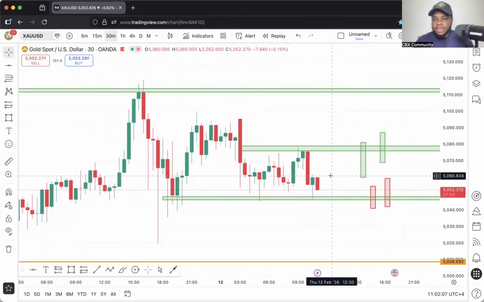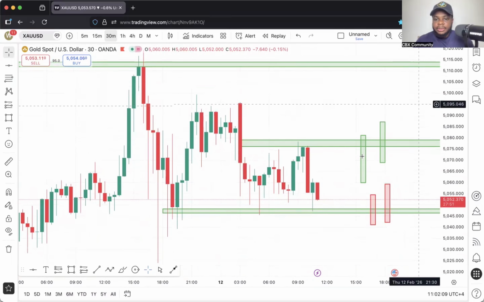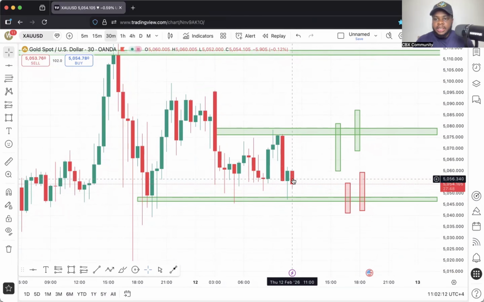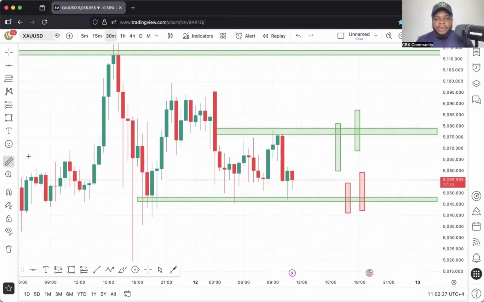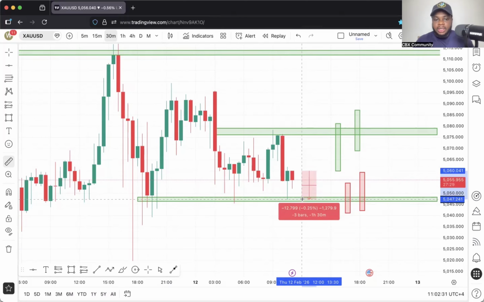wick. Let's zoom the chart a little bit. This recent 30 minutes candle didn't create an upper wick. So let's see what this candle wants to do. But if this candle should continue to come down to break the low of this rejection bullish candle, I will not advise us to take a position, because we need to ask ourselves from the high of this candle down to our support zone, we are looking at